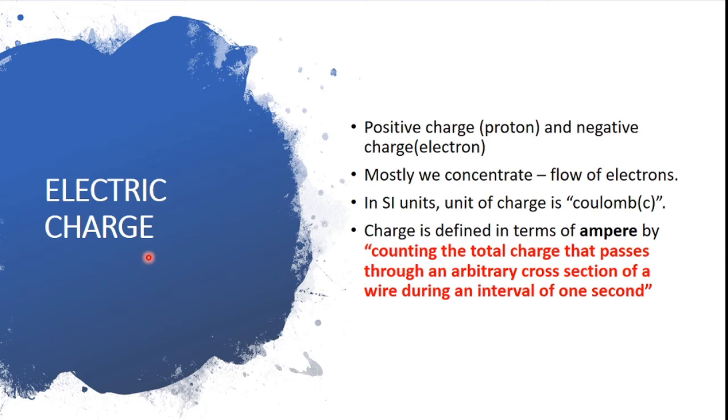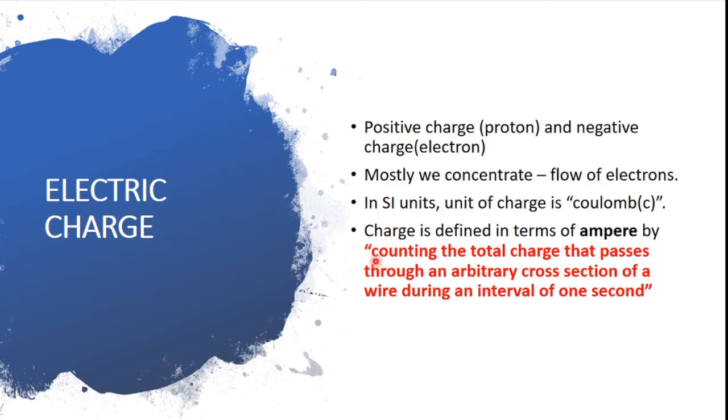We never analyze an electron as one. We always analyze an electron or a proton as a group of charges together. This is because they are very small in size. That is why we study charges as a whole and not as a single one. And as we all know, the positive charge is called a proton and the negative charge is called an electron. But throughout this subject, we will mostly see electrons and not protons. So let us concentrate on electrons alone in circuit analysis because current is nothing but flow of electrons. That is why we're going to concentrate mainly on electrons here.